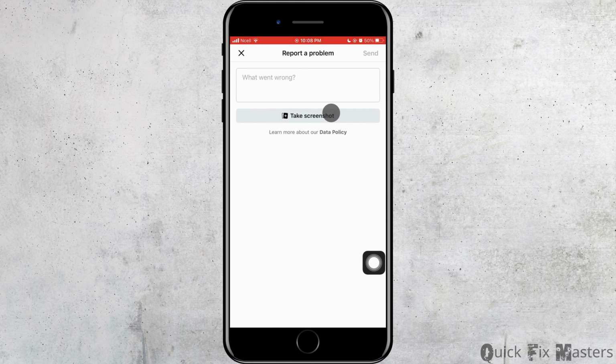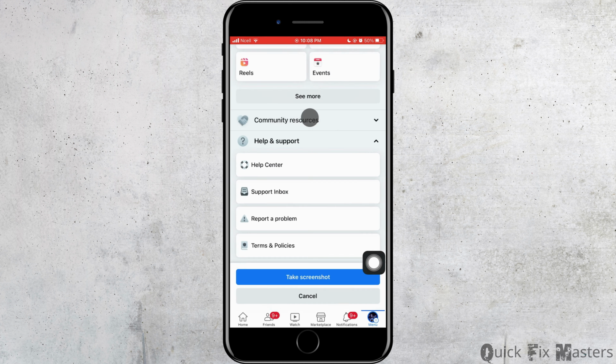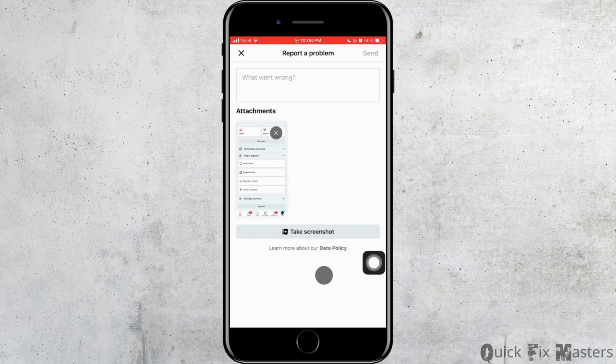upload a photo. To upload, tap on Take Screenshot and go to the screen that you want to take a screenshot of, then tap on Screenshot again. After that, you can go to the What Went Wrong box and type your problem. Attaching the screenshot is optional. That is, you may or may not upload those screenshots and send it to Facebook to solve your